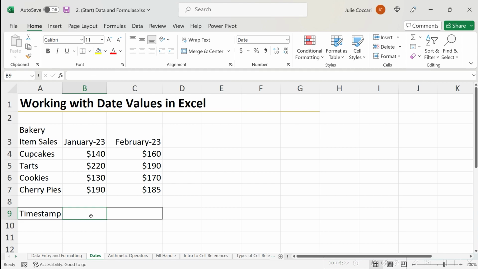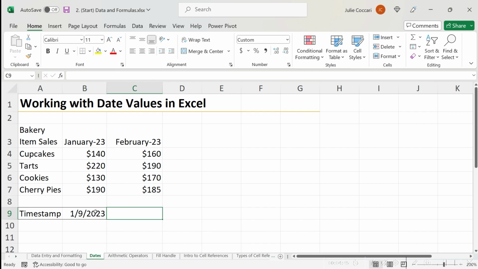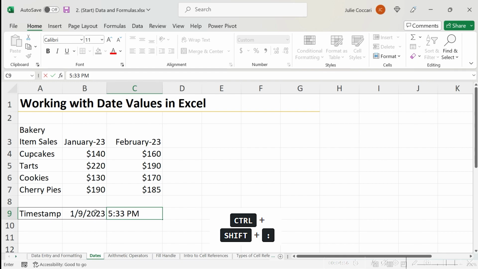Okay, the last concept that I want to cover in this lecture is timestamps. There might be times when you have to timestamp your work to communicate when the work was done or completed. To enter a date timestamp right here, simply go to the cell and use the shortcut Control:, and Excel automatically enters the timestamp for you. If you want to enter a time timestamp, then you actually use the shortcut Control-Shift-:, Now it enters in the current